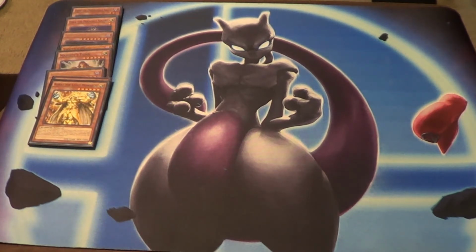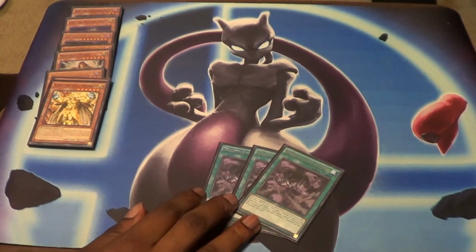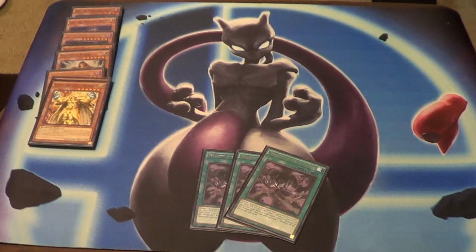Next up is our spell lineup. For the spells, we run 3 Tenacity of the Monarch. This is the main searcher. This is the rotor for the deck. Tenacity allows you to go through the deck and get out whatever spell or trap card that you need,